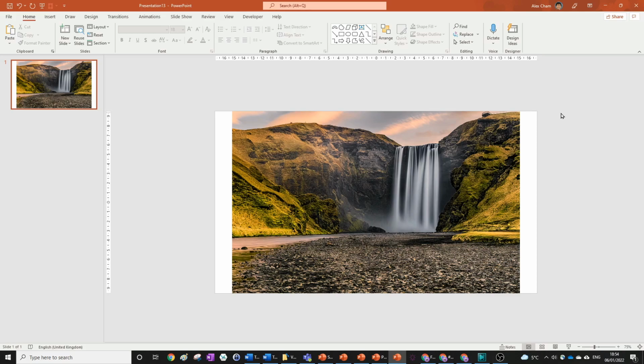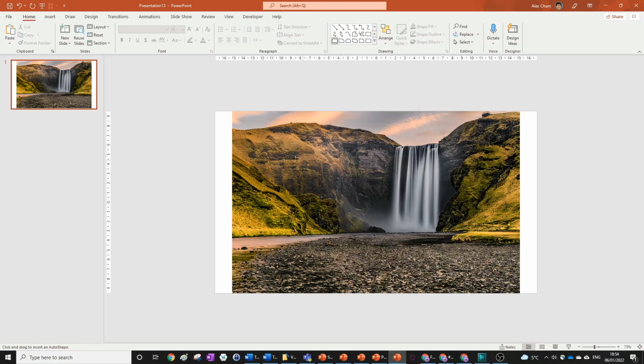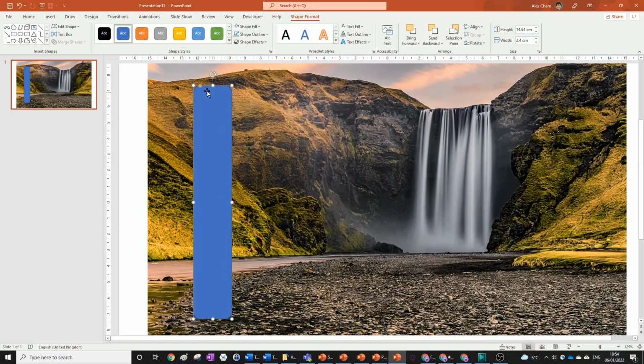So we're just going to insert a rectangle rounded corner shape using the shape tools up here. Mine's in my recently used, it's this one right here, but if you don't have it in your recently used, just go right under rectangles and just the second one along. So we're just going to make a vertical rectangle there, and we're just going to pull this orange dot right here right in to get that completely round shape, so it's got like a semicircle right